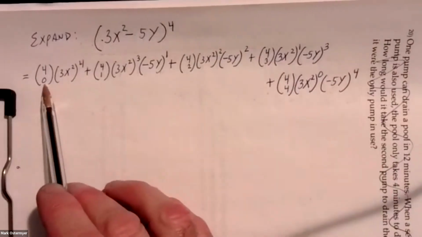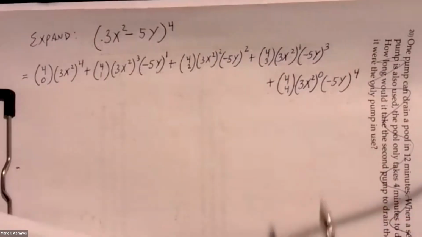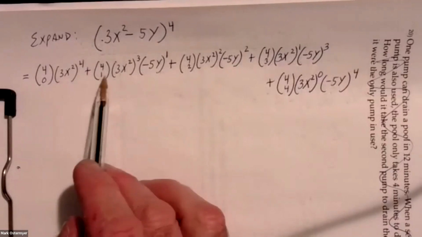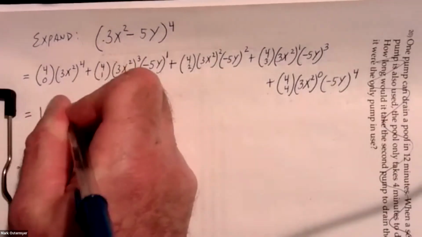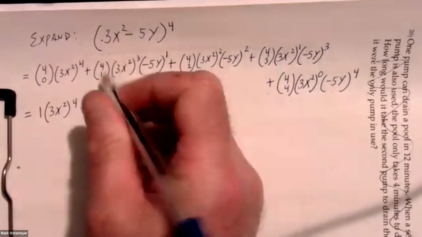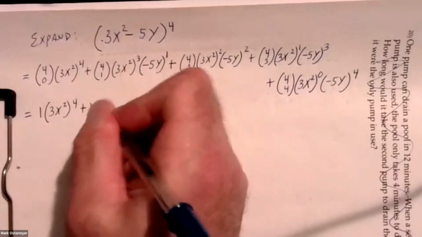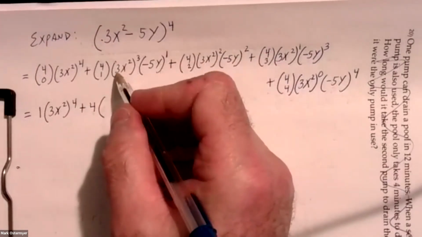And notice our coefficients come from the 5th row of Pascal's triangle, or you can use your combination function on your calculator to generate all of these. But it's up to you. I don't really care how you generate them. We just got to get them generated somehow. So first coefficient is going to be 1. We're going to have 3x squared to the 4th. Plus this coefficient is going to be 4. Now we're going to have